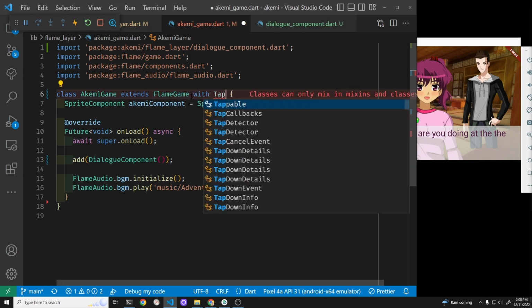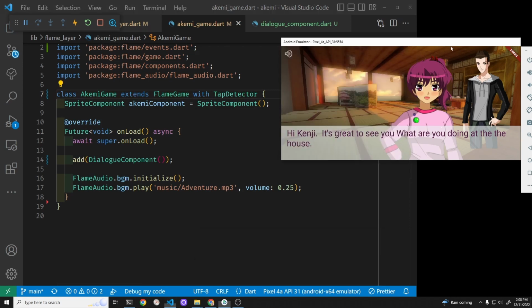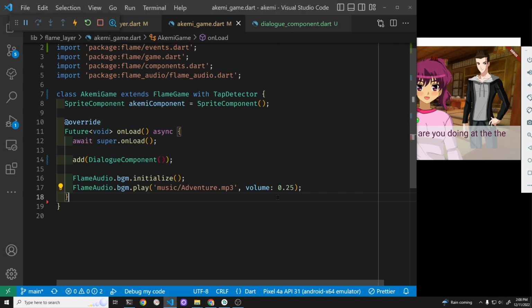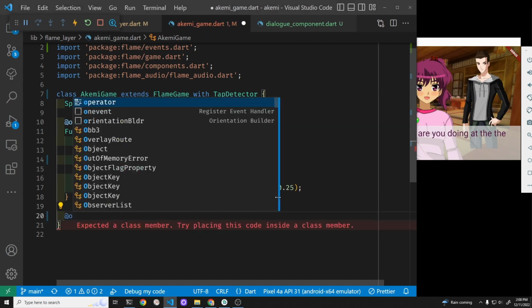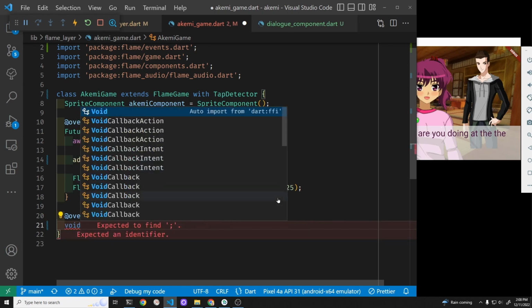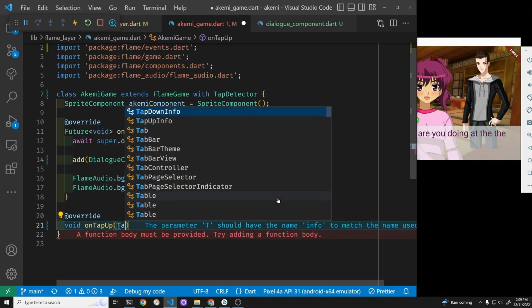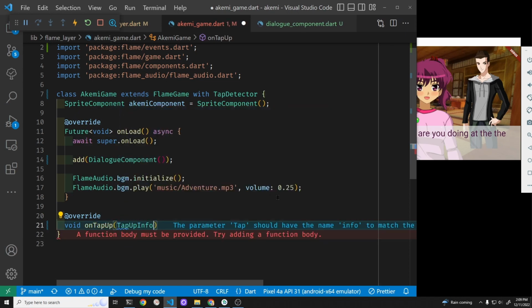So we're going to make the entire screen tappable, except the areas that the Flutter widget is on. Its bottom portion is a Flutter widget as well as the icon button here. On tap up, which is from Flame, info,